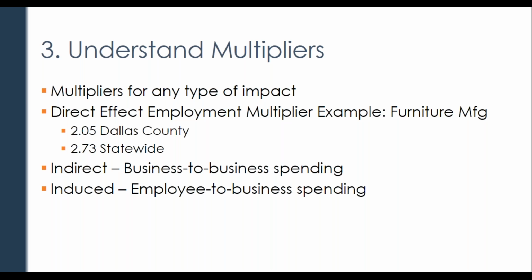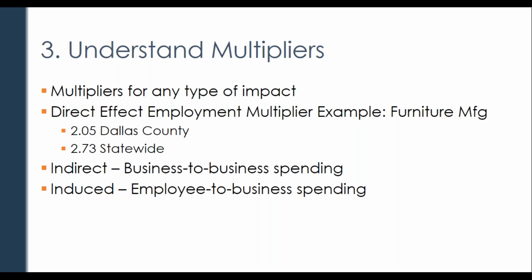There are multipliers for any type of impact, and by that I mean the 4 different ways we measure economic activity. There are employment multipliers, household earnings multipliers, economic output multipliers, and value added multipliers. Putting any of those together, you can estimate basically the other measures. I'm going to use an example here, which is the most standard: a direct effect employment multiplier, for a specific industry and a specific